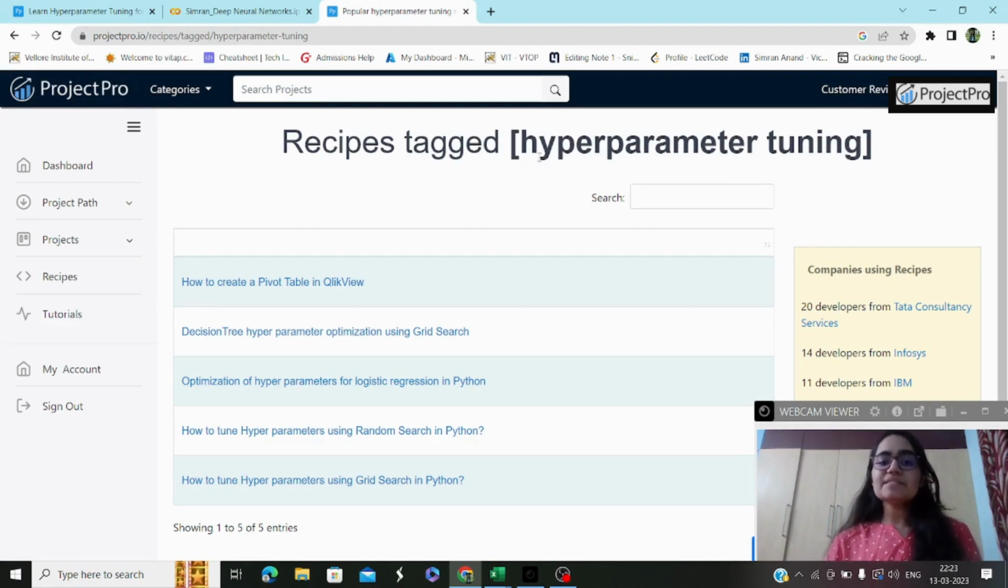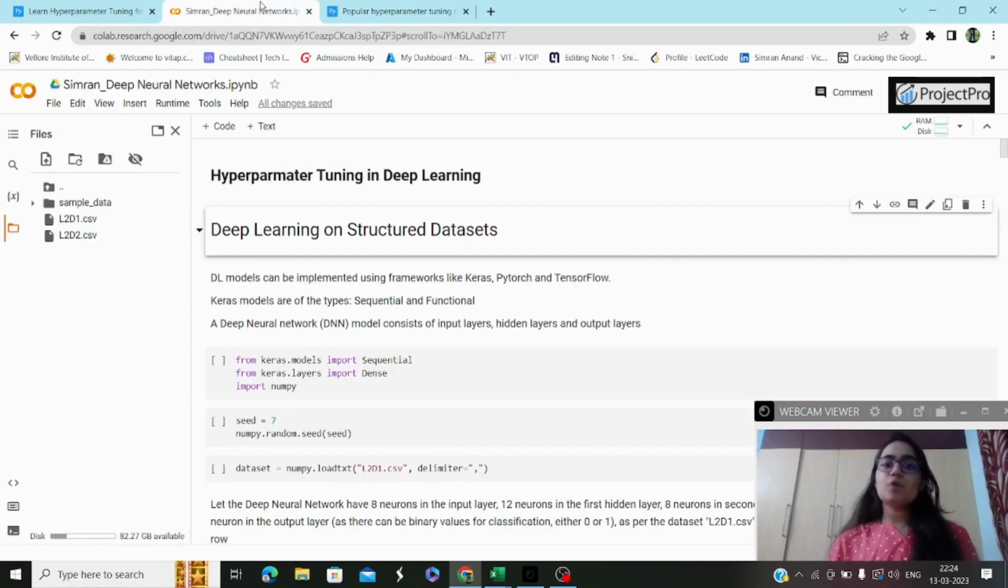If you look at the recipes tag for hyperparameter tuning, not only gradient descent, but approaches like randomized search, random search in Python, and randomized grid search methods can also be used together for hyperparameter tuning, especially in solving machine learning models and problems. So coming to this concept of hyperparameter tuning in deep learning in today's video,